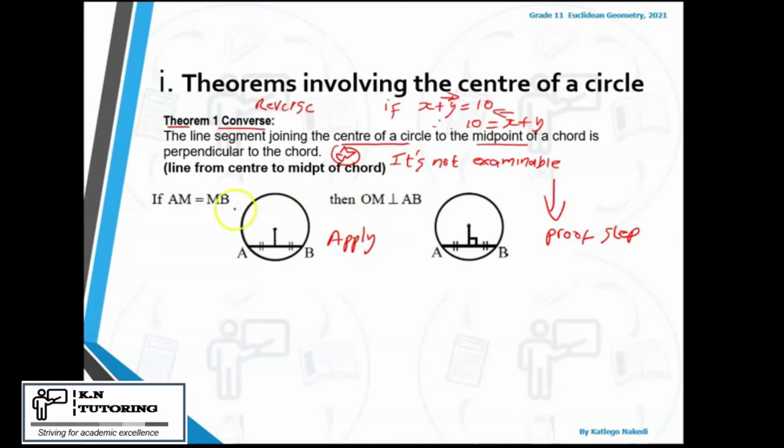Okay? So what does it mean? The line segment. It's telling you the line segment joining the center of a circle, so this is a line segment, to the midpoint. If it's cutting AB in half, then it only means one thing. This line is perpendicular. You can't have a circle... sorry, my drawing is bad. You can't have